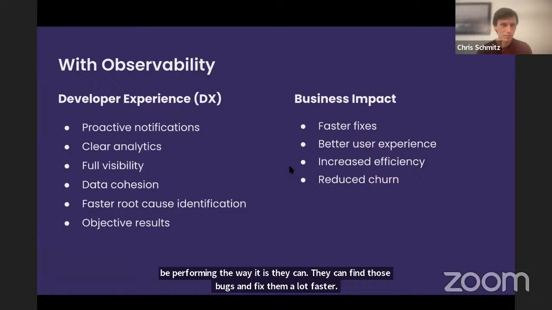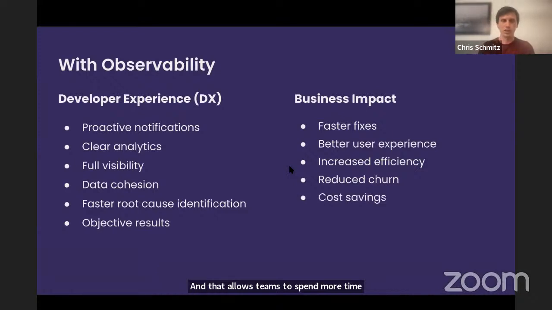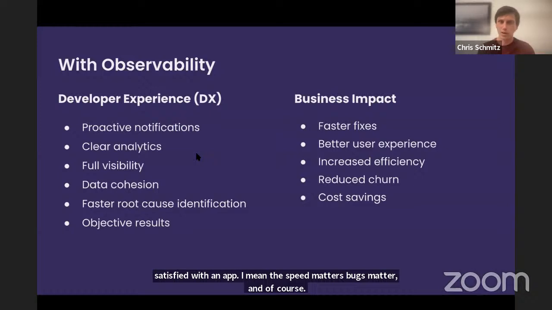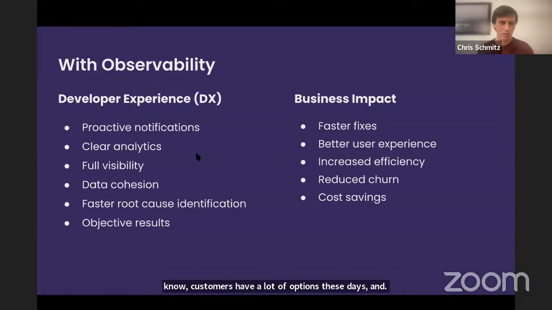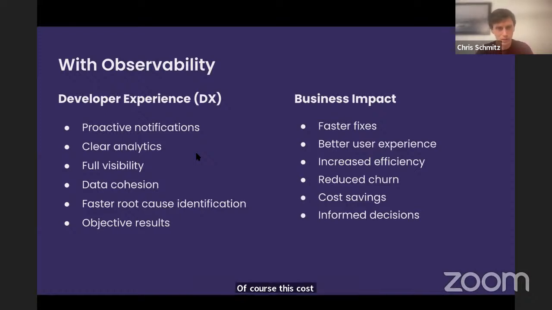time innovating. Reduced churn, of course, just the bottom line. When people aren't satisfied with an app, the speed matters, bugs matter, and customers have a lot of options these days. If your app isn't performing the way they expect it to, they're going to look for other alternatives. Of course, this results in cost savings: fewer incidents, quicker fixes, lower operational expenses. And then, of course, better informed decisions. So all the data coming from your app, you have those product analytics, and you can lean on that,